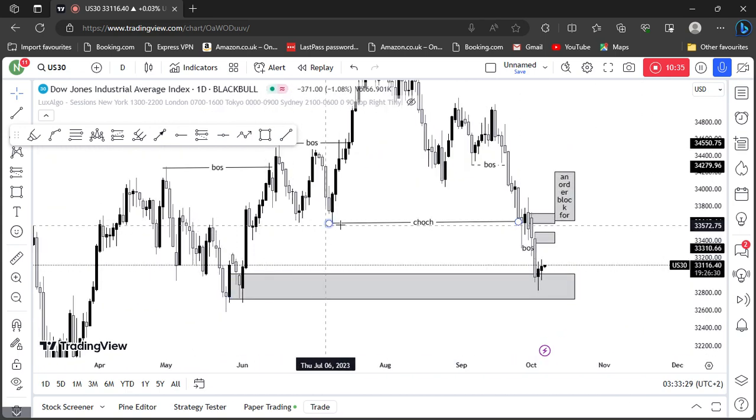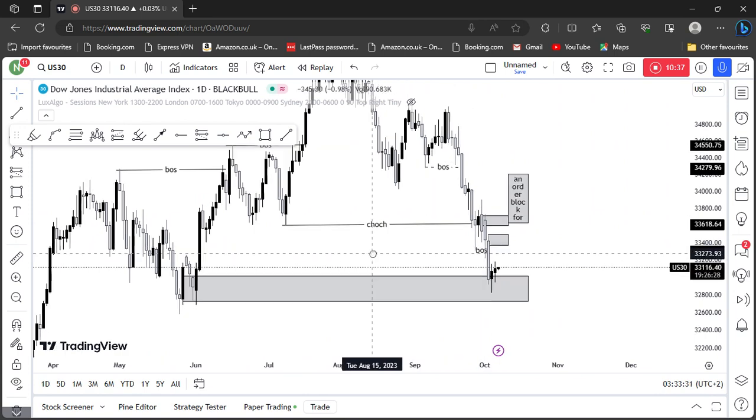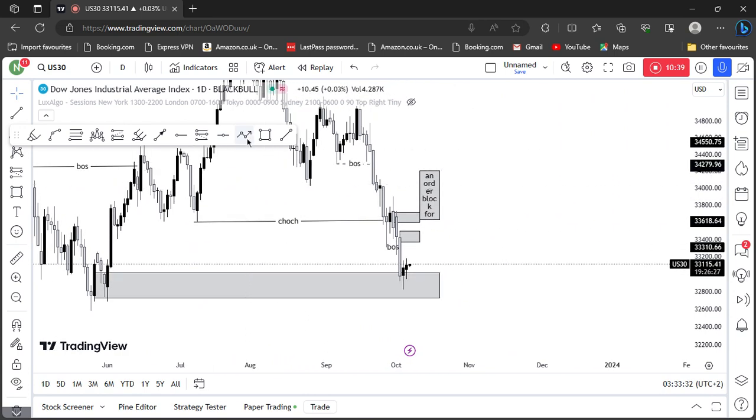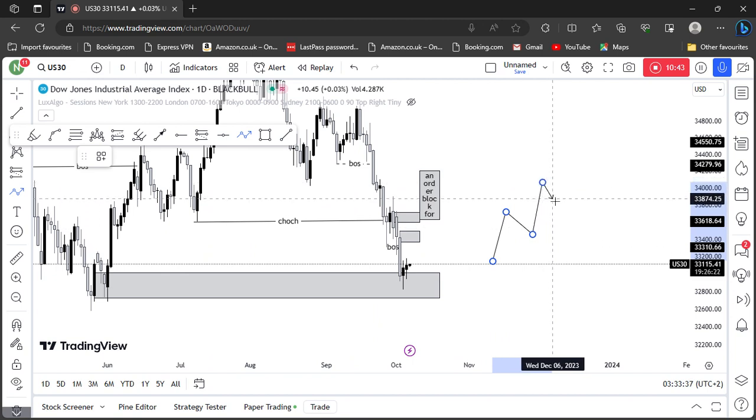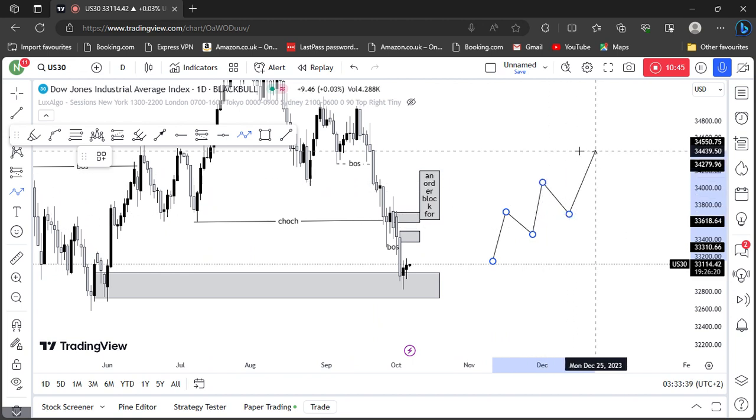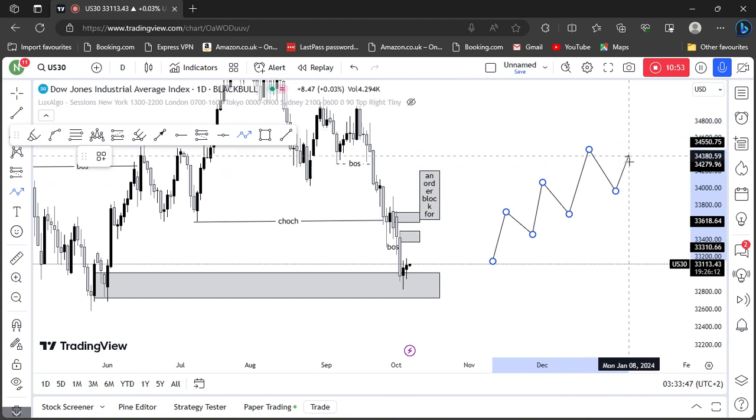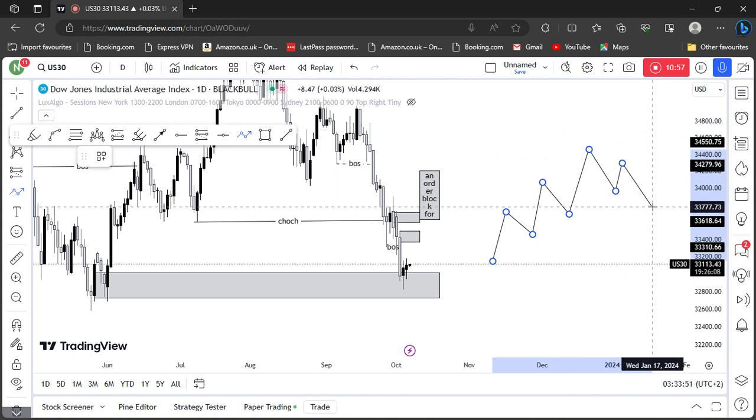Remember, we had a daily change of character right here. So after a change of character, it's like something like this. We had a bullish trend. The market breaks the structure, retests, breaks the structure, retests, then the market failed to make a higher high, then it made a lower high,